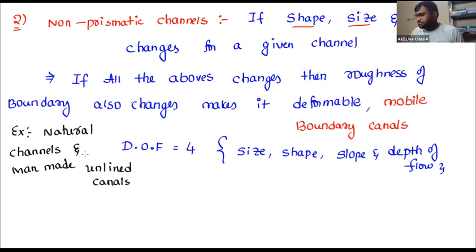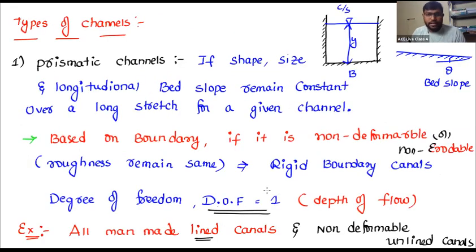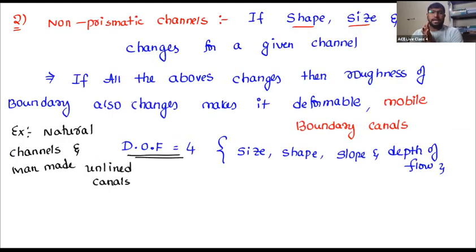Now you tell me, you are an engineer, right? For the analysis, always keep that one point. We always do the ideal analysis, which means we always reduce the complexity. Now, should I go for degree of freedom 4 or degree of freedom 1? Degree of freedom 1, because as many variables as you reduce, that much complexity you can reduce. So in the total open channel flow analysis, we assume the boundary as rigid boundary canals only. So the final note point here is